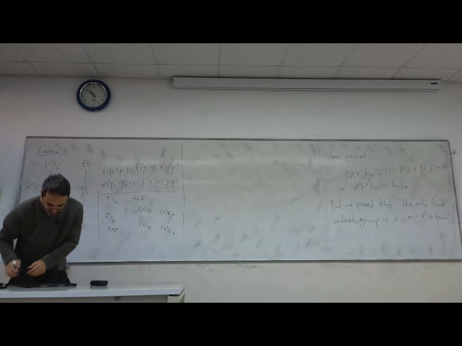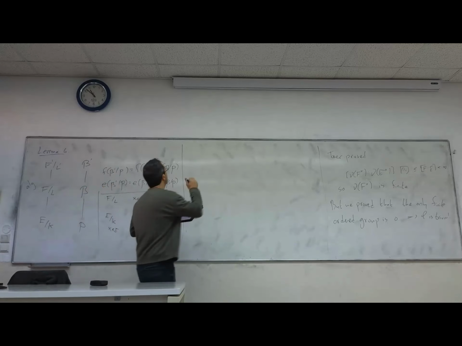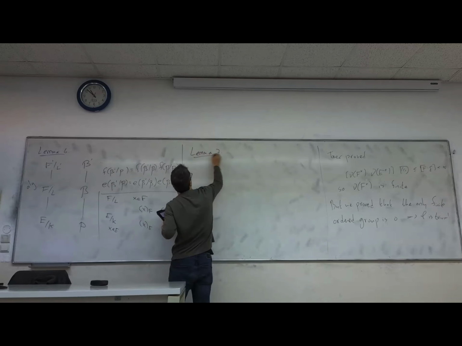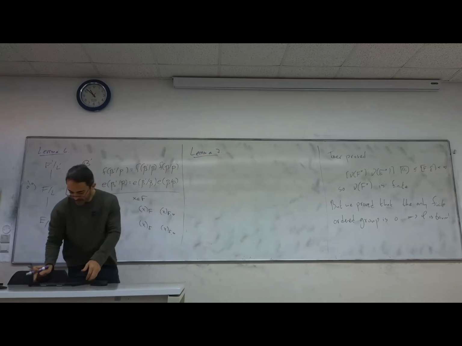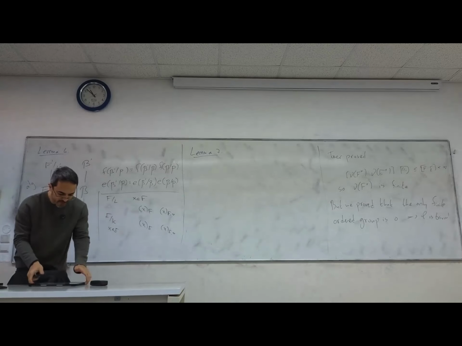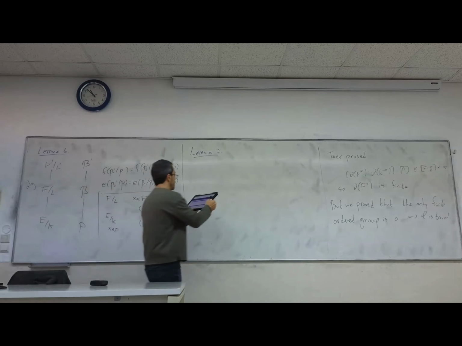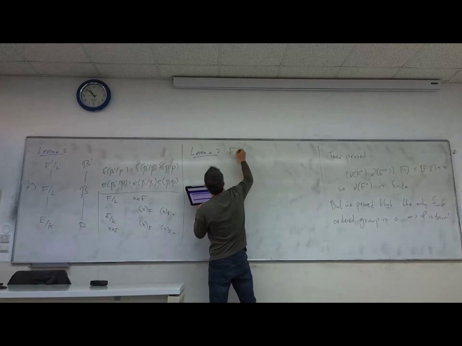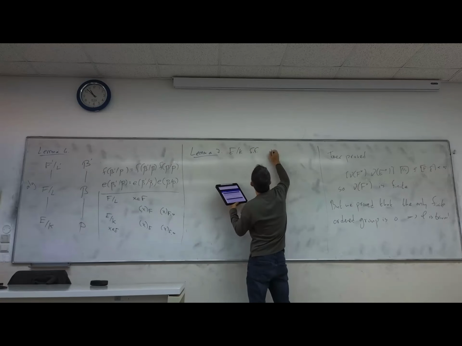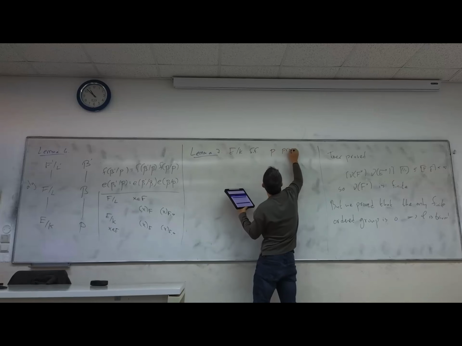But the first lemma for that is the following. It looks like a technical lemma, but actually it's a very important lemma. It tells you the following. It says that, even in one function field, not in extensions. So if E over K is a function field, and P is a prime divisor